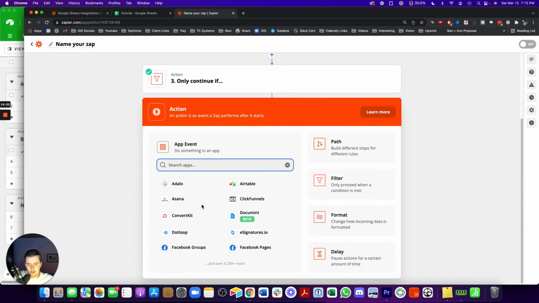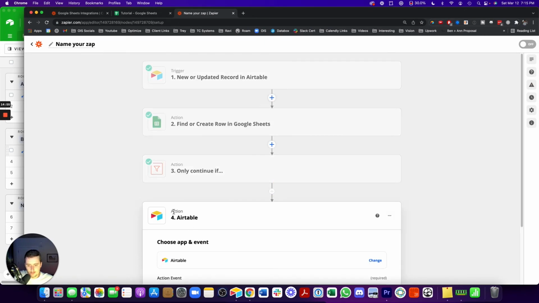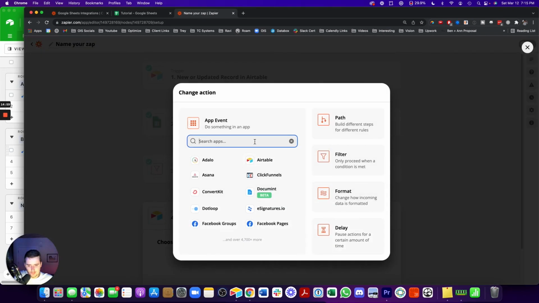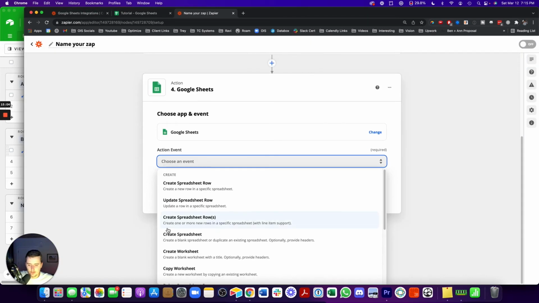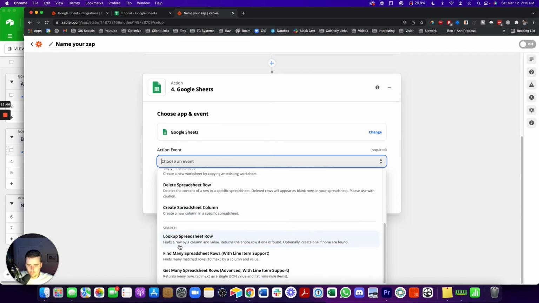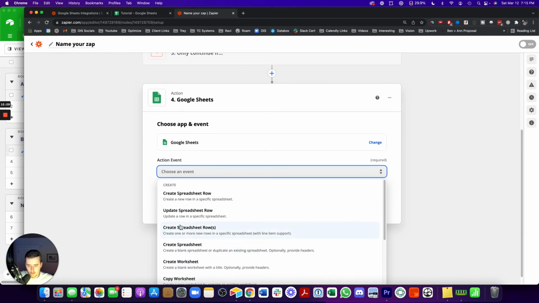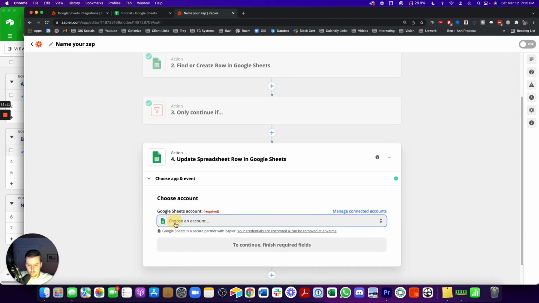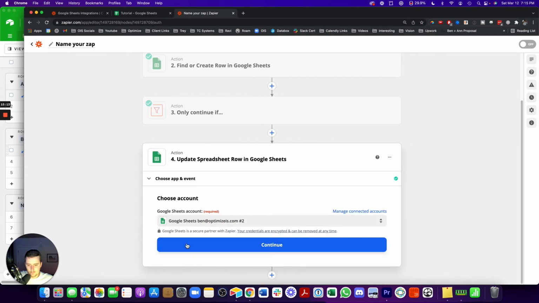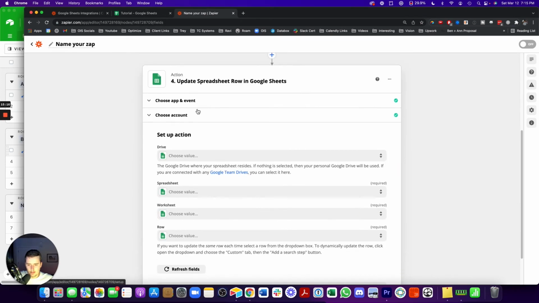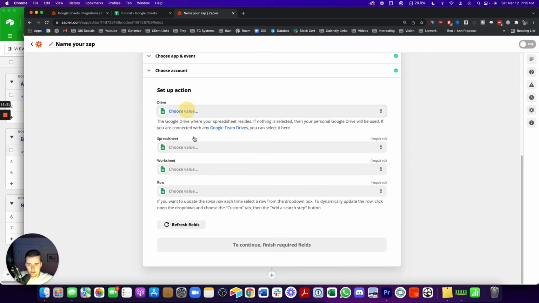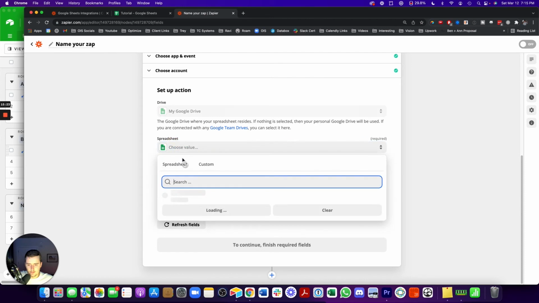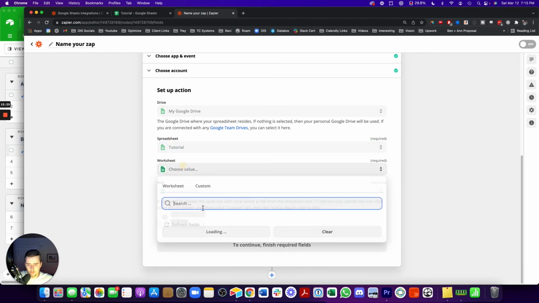And then we can add another step in here where it says Google Sheets. So I can just change this to Google Sheets. So where Google Sheets will update the row. So where it says update spreadsheet row. And we're going to use the same account. And if you don't have any accounts connected, it should be pretty straightforward to just sign into your Google account. Now we just go through the same steps of the Google Drive, tutorial, worksheet,